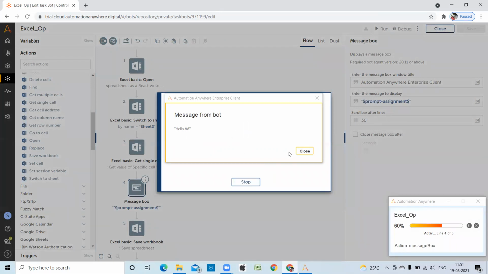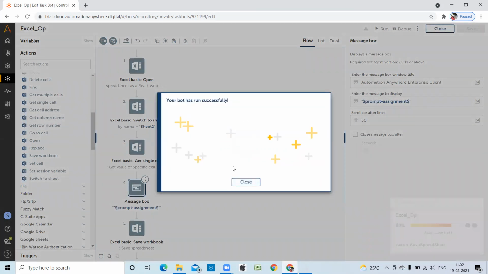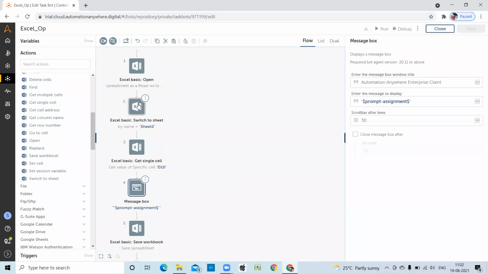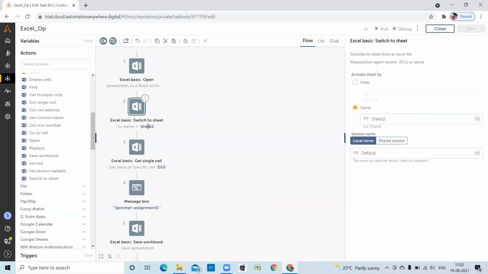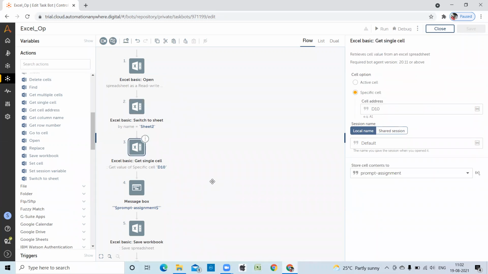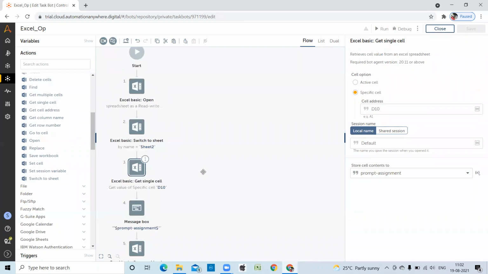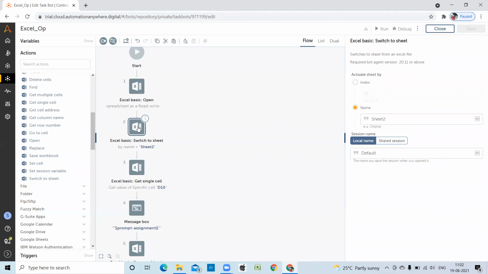In the second line we gave switch to sheet. That's why it moved from sheet 1 to sheet 2. So get single cell returns the data.